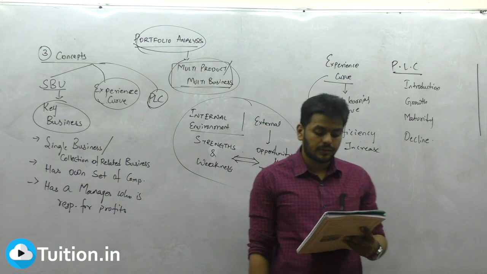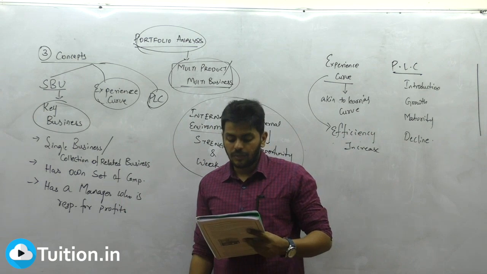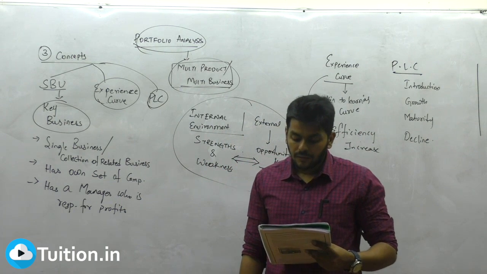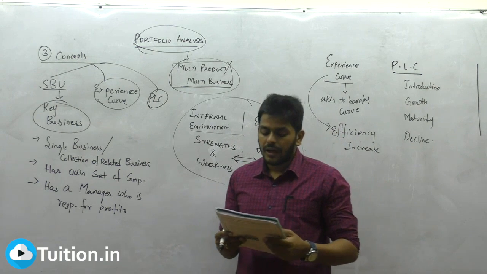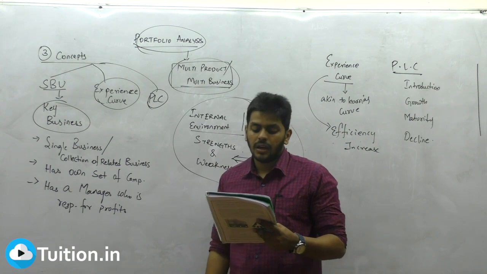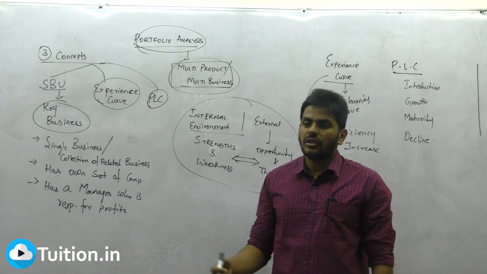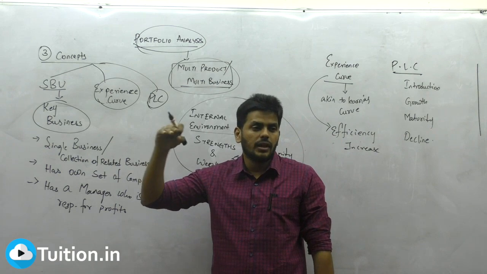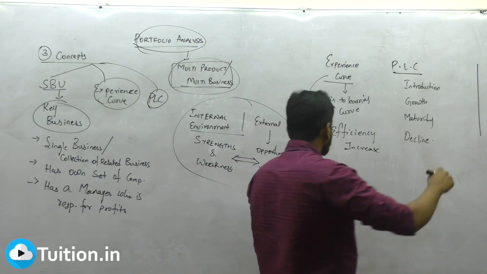Which exhibits the relationship of sales with respect to time for a product that passes through 4 successive stages, namely introduction, growth, maturity, and decline. In the introduction, when you introduce a product, then that will grow. Then there's a dull phase where it stabilizes, maturity, and then from there it starts falling. Right?